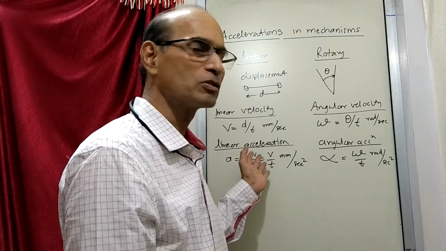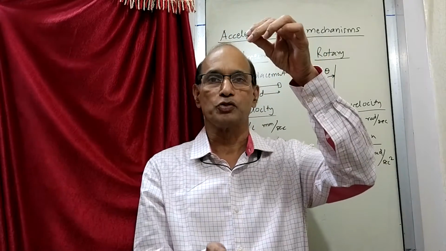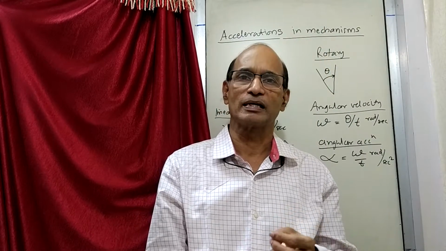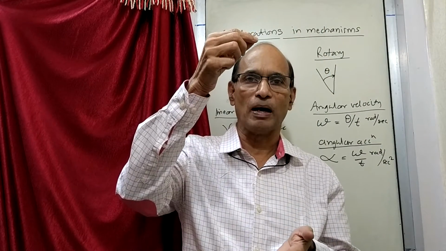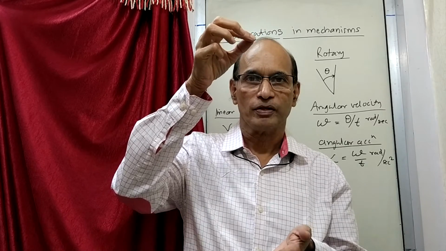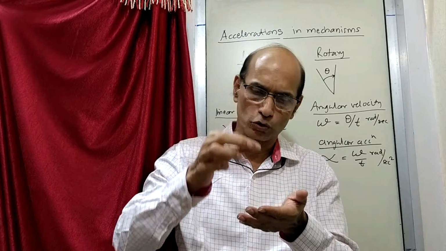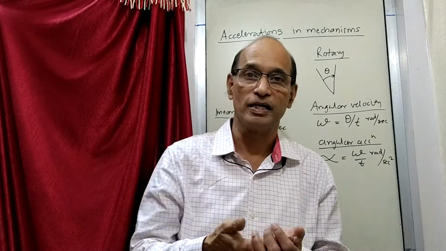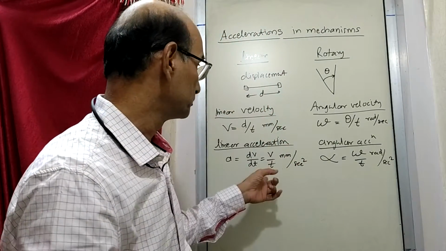Linear acceleration examples we know. Let us say suppose I drop one chalk from here to here. Then because of gravity, there is also acceleration working. So the velocity of the particle when you release it from the hand is initially 0, and then the velocity goes on increasing as it drops. So there is again a change in velocity, but this is a linear velocity which comes under this type.